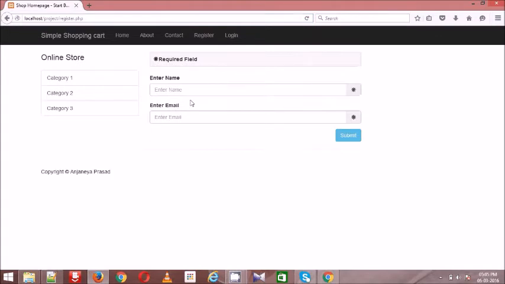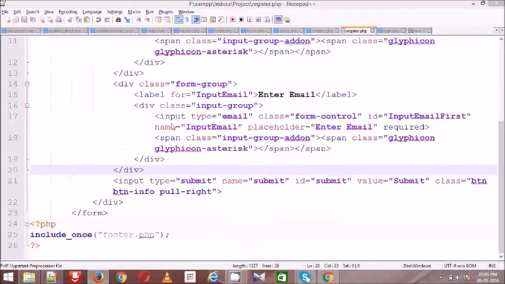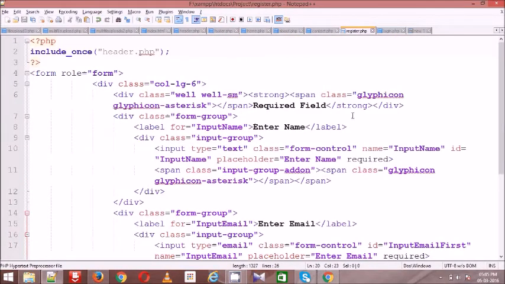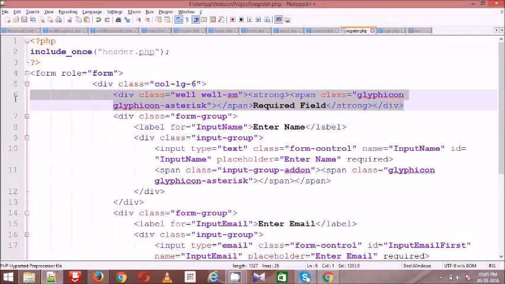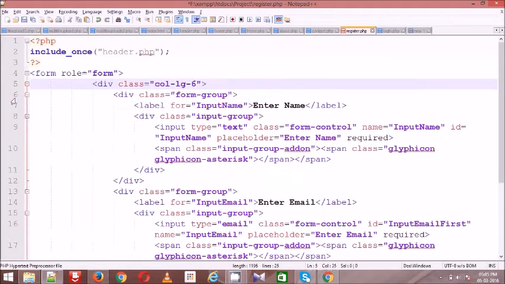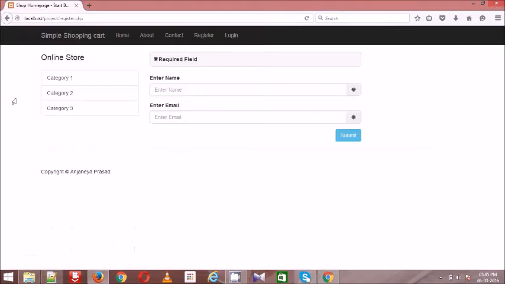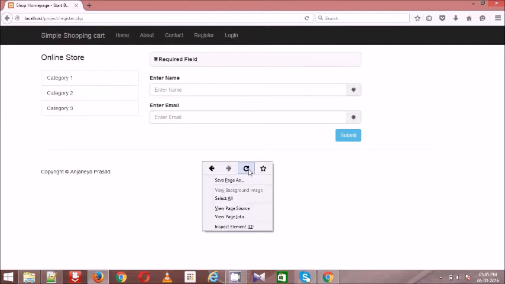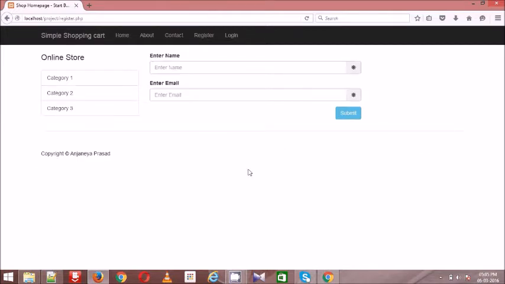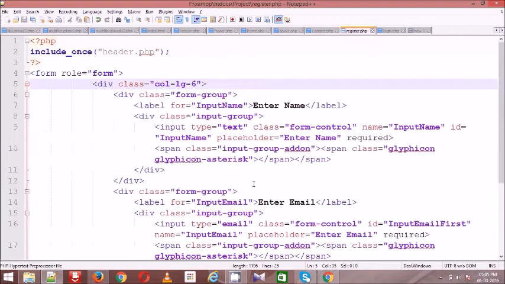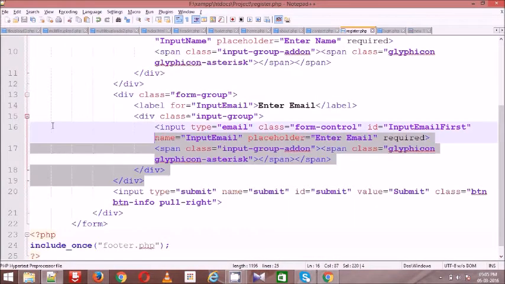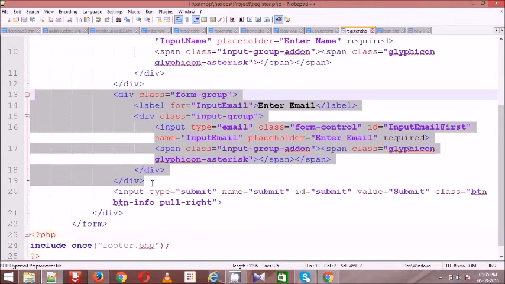One is enter name and second one is enter email, but I don't want this one also. So just replace this one. So we have only name and enter email, and I am asking some other things from the user. So those are,